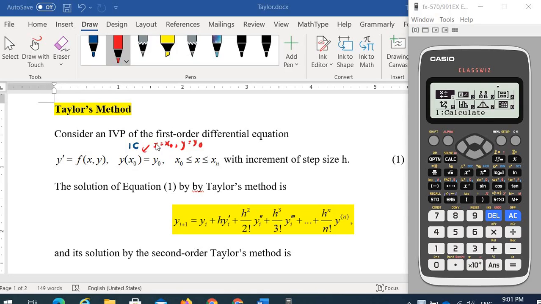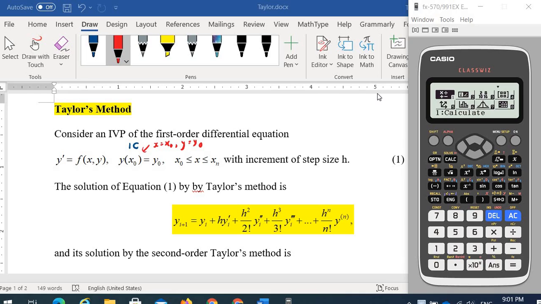Hi, today I'm going to show how to use Casio's fx-570EX Classwiz calculator to solve the initial value problem of the first order differential equation y prime equals f(x, y), given the initial condition y(x0) = y0, which means when x equals x0, y equals y0, in the interval x from x0 with an increment of step size up to xn